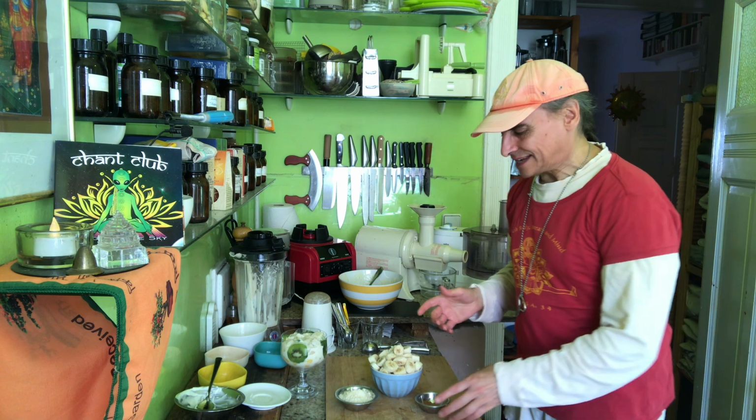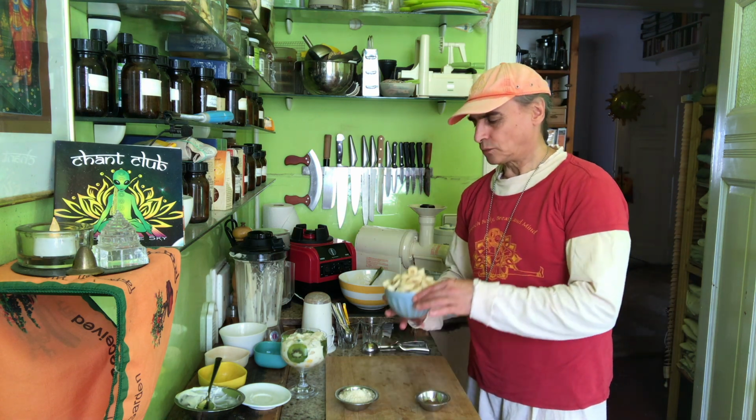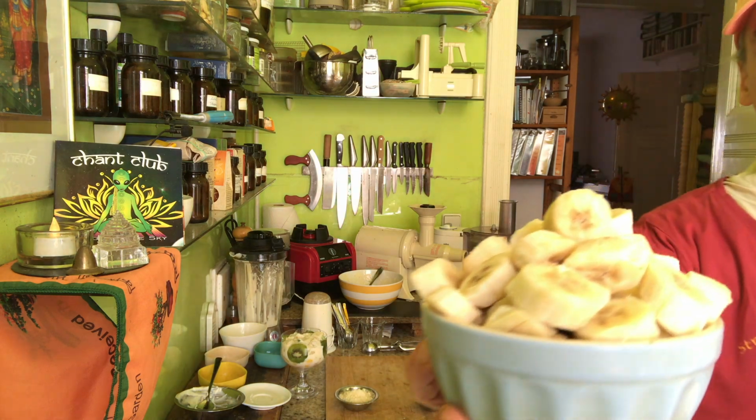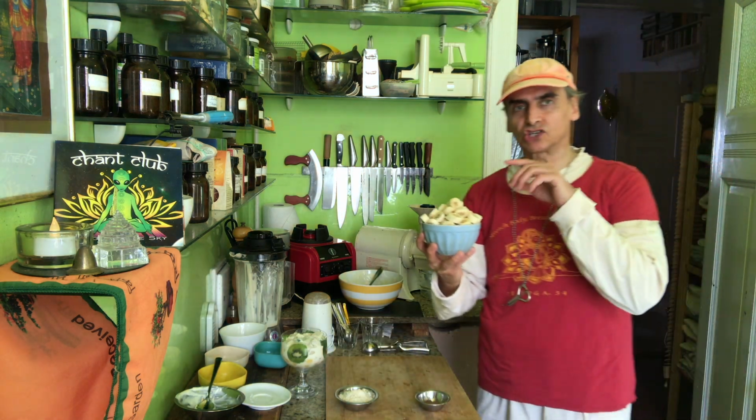It's a very simple ice cream today. Well, three ingredients at least. I mean, my method is simple. It begins with three ingredients: frozen bananas. And one thing I have to say, the bananas should be very ripe